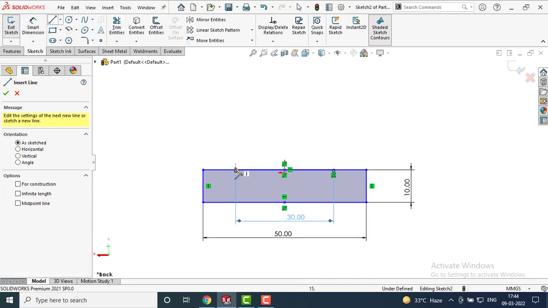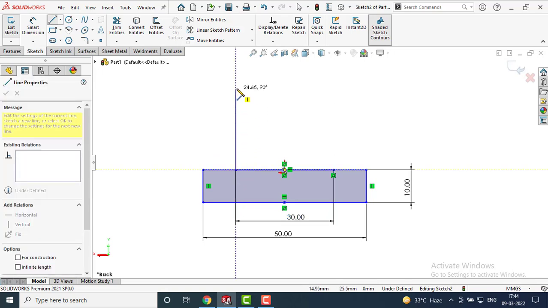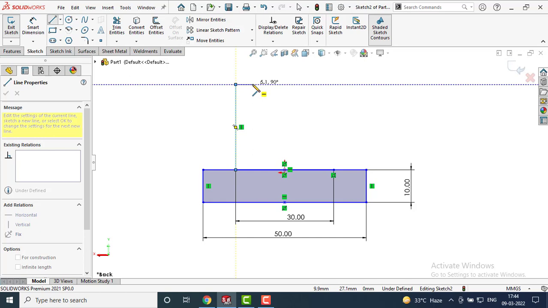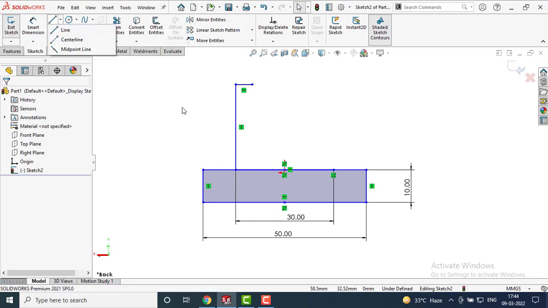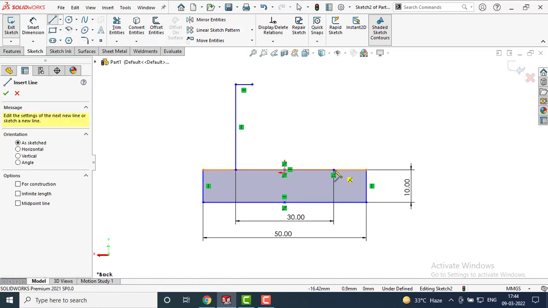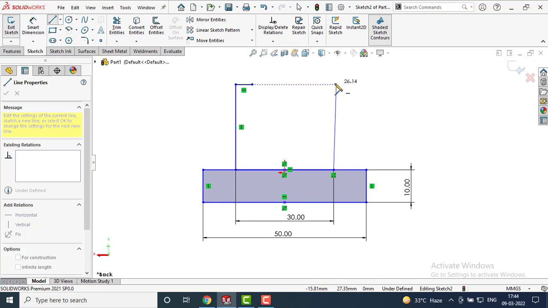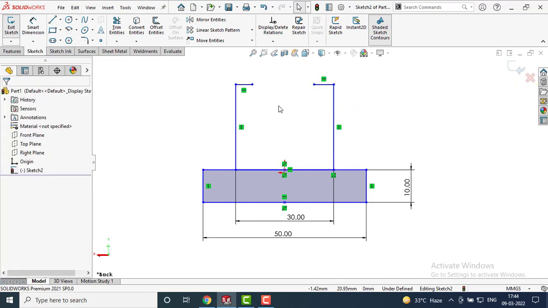Again go to lines, press escape, again select line, press escape button, select smart dimensioning.